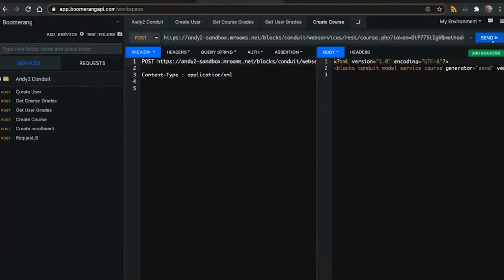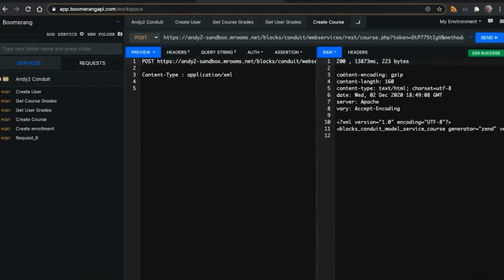But it came back with a success message. So it said it did it. Things look like they worked. Let's take a look at the response. Looks like it was good. So it accepted the message and successfully created it without throwing any errors back at me, it looks like, which